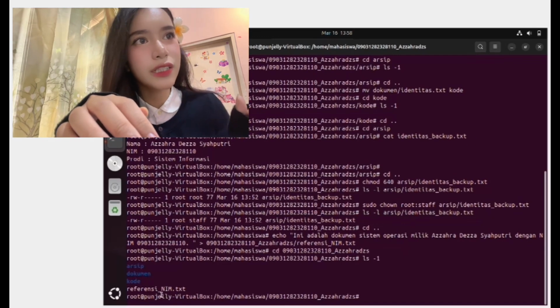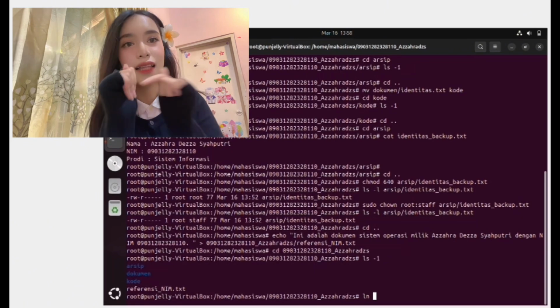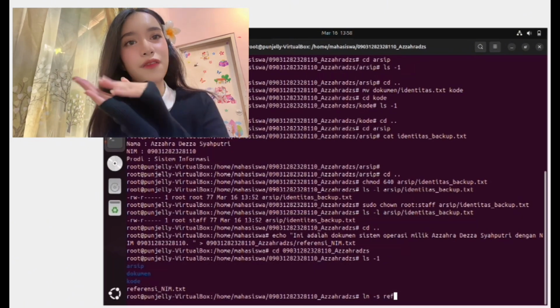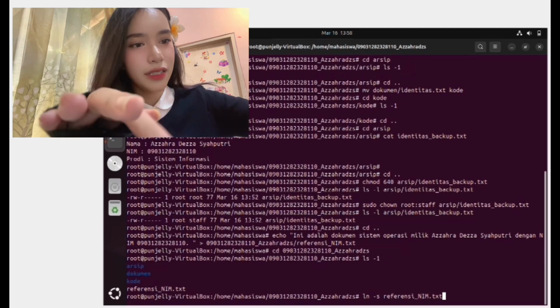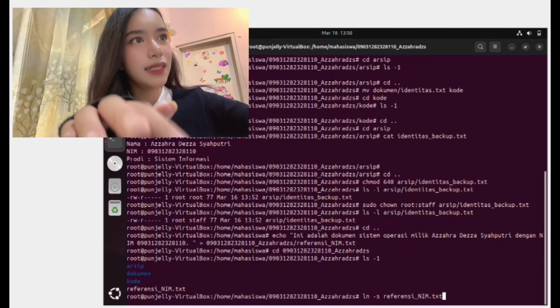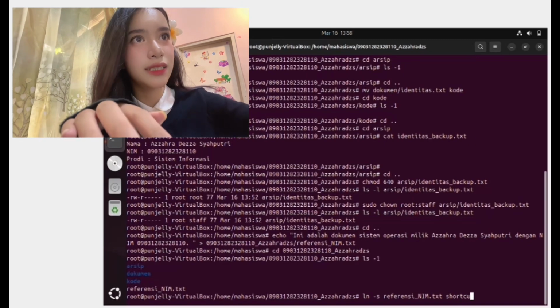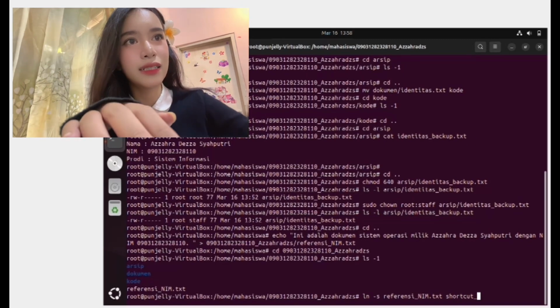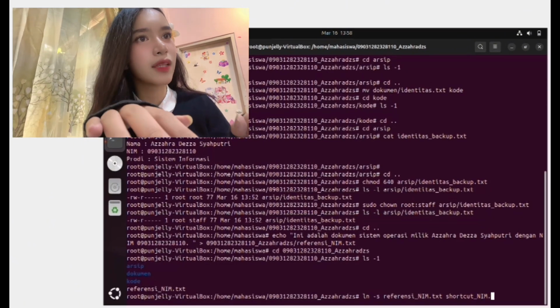Okay, next we create the symbolic link. The command for a symbolic link is ln -s, the target file, and then a space and the link name. So here I use ln -s referency_nim.txt, and the link name is shortcut_nim.txt.